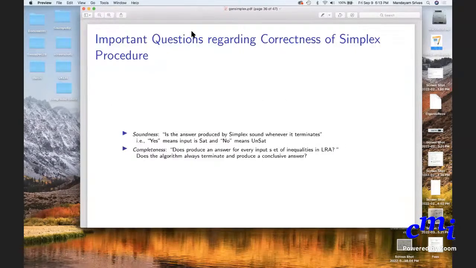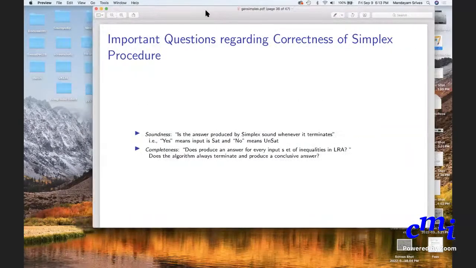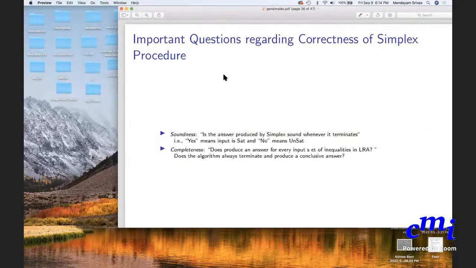Okay, so there are some important questions regarding the correctness, which we will get to in the next class. These two questions are relevant for any satisfiability decision procedures, even at the Boolean level or at the SMT level. One is soundness, and this is concerned with the question of whether the answer produced by the decision procedure, simplex in this case,